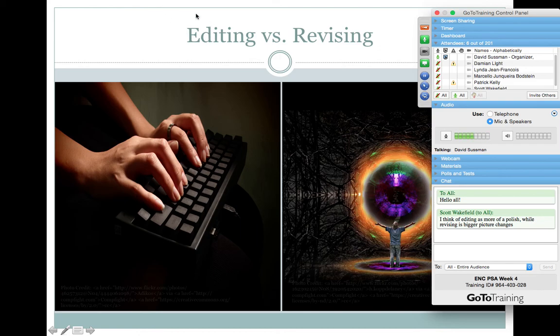It's not that editing doesn't play any sort of role. Editing, I think, refers to the lower order concerns that we talked about in last week's session. So, proofreading, grammar, sentence structure, all that. Editing is still important. You certainly don't want to hand in, for example, a comic PSA that's filled with errors. You certainly don't want to submit an audio PSA or a video PSA that contains visible grammar errors or spoken grammar errors. So it's not that editing isn't important at all, but for this final project, the actual multimedia public service announcement, revising is the key thing that we're doing here, more than editing.